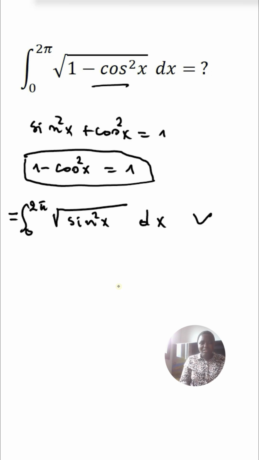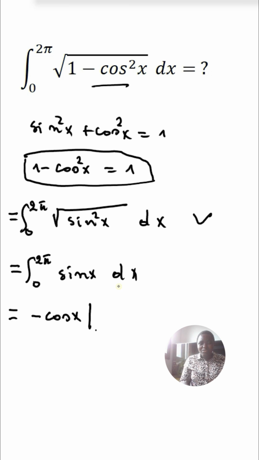And next, what they do, they say that this is equal to integration from 0 to 2 pi of sine x dx. Is it correct? And then they say that this is equal to minus cosine of x, and they evaluate it from 0 to 2 pi, and they say that this is equal to minus cosine of 2 pi and minus